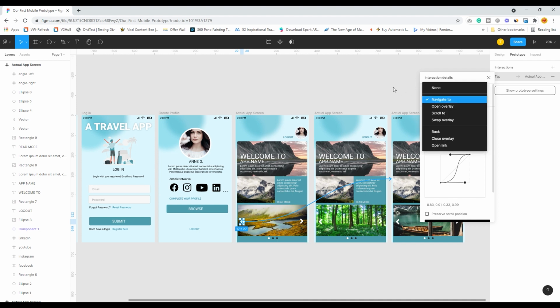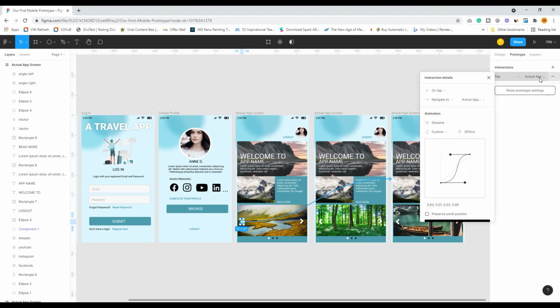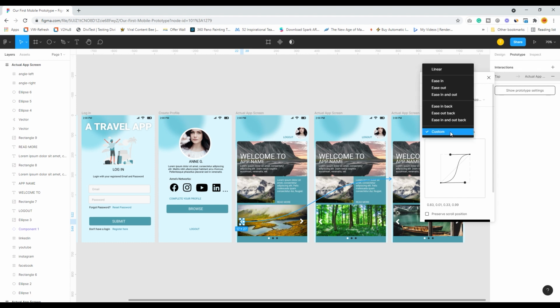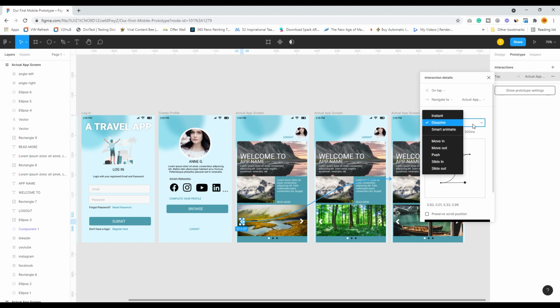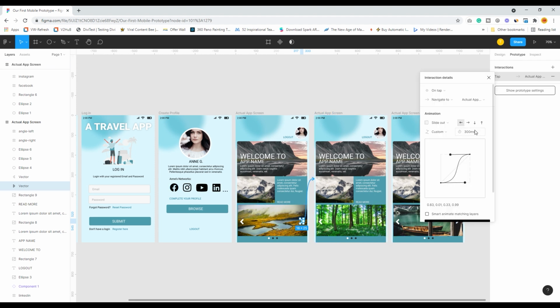Okay, so over here you can have slide in, slide out, you can do these things. So when I click on this, which goes to this, it can have a slide out. When I click on this, it goes to this particular image. I can actually have a slide out this direction.